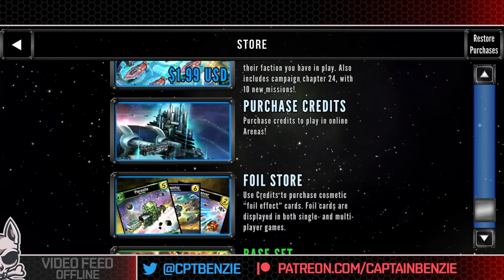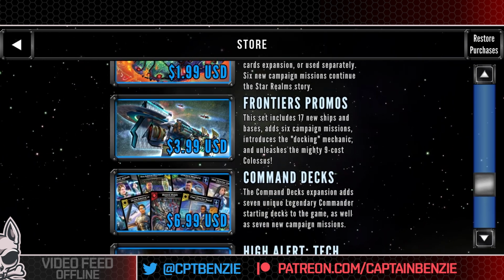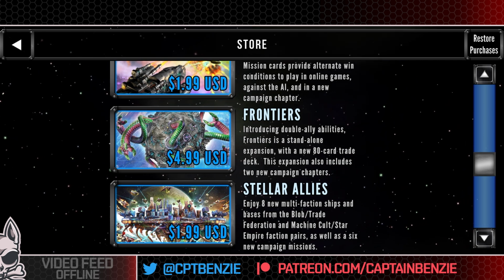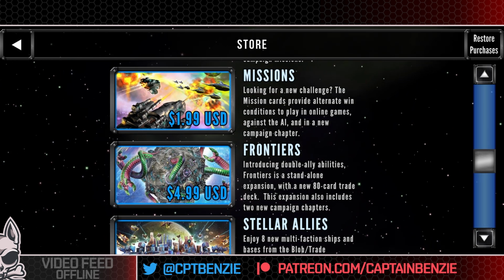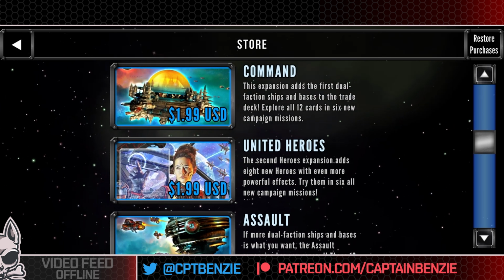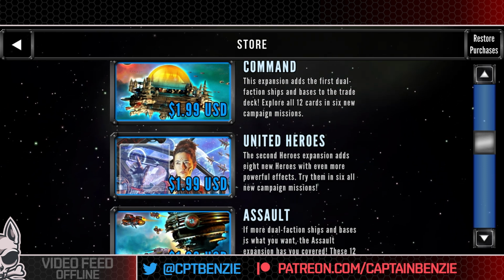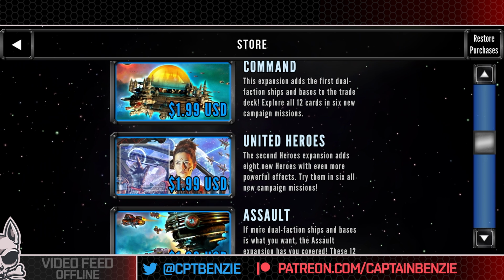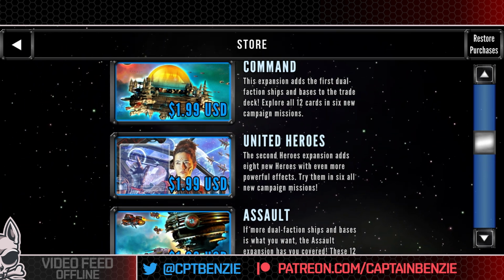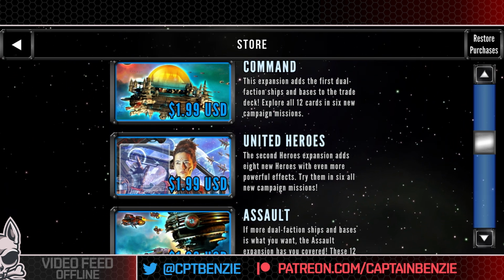But again, if you do end up interested in this and fancy picking up a couple of them, I strongly recommend, first of all, the Frontiers pack. This adds an 80-card trade deck and 2 new campaign chapters. That's already really cool. And then the Assault and Command expansions shown here, those are both fantastic as well. They only add 12 new cards, but those cards are both, say, red and blue, or green and yellow, which means they trigger abilities much faster, and it makes for much more complex decks,